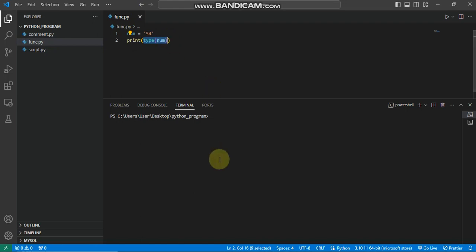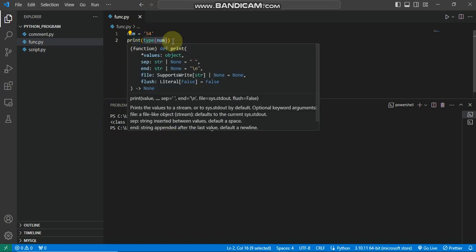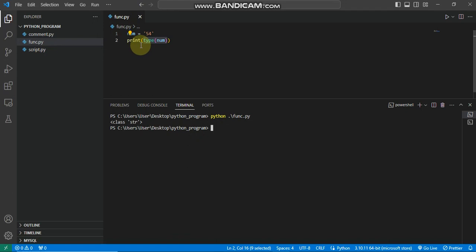I save my file and I call the function from my prompt. I will call it by saying python, then the file name, func.py. It will return the class of the value being passed in, which tells me that the return class for type num is string. I'm using the print function to print it out to the prompt. Here type num is returning a string value, which is the return value of this type function. If I don't want to print it out and I just want the type,